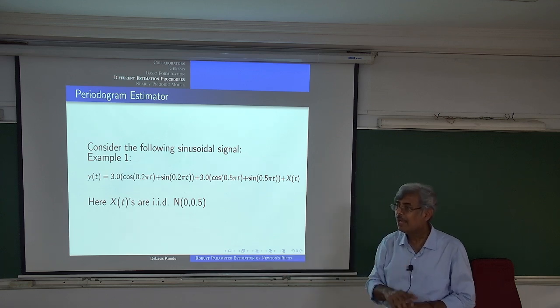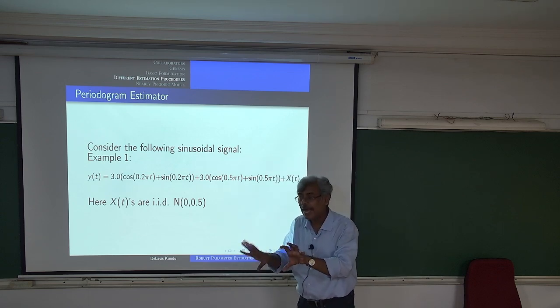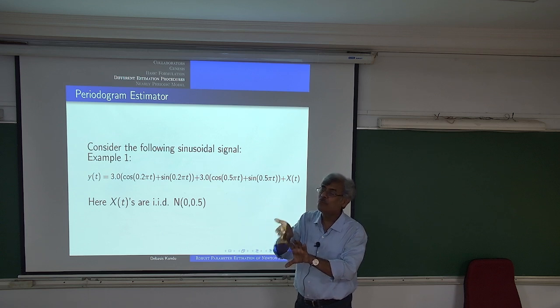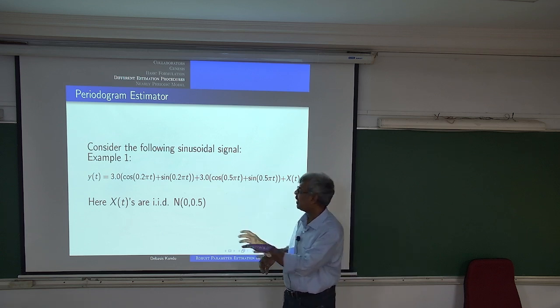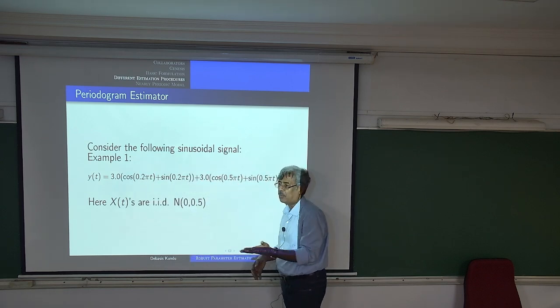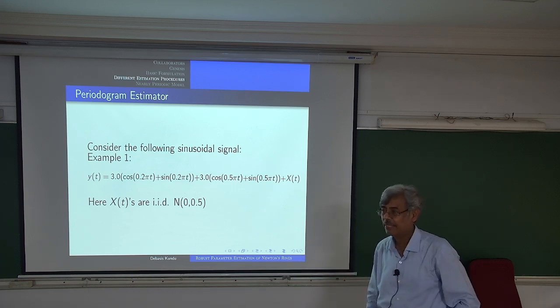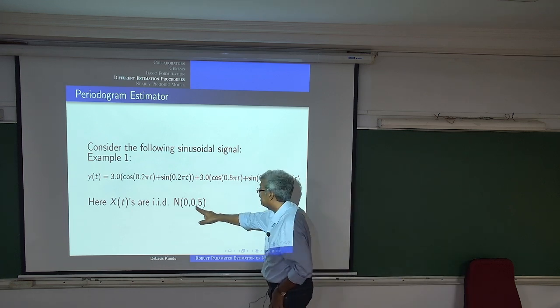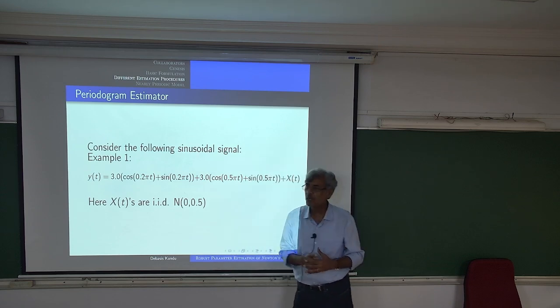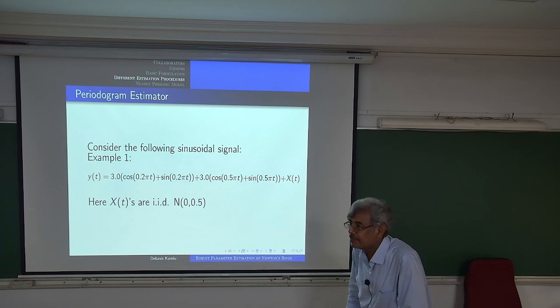But all these things depend not only on the hierarchy, but on how big the gap is. Suppose the first one is 5 and the second one is maybe 0.1, you may not be able to pick it up. And if at the same time your variability is also more, you may not be able to pick it up. So a priori, if your original data has 3 or 4 peaks, you see it and fix it accordingly. But you do not know.